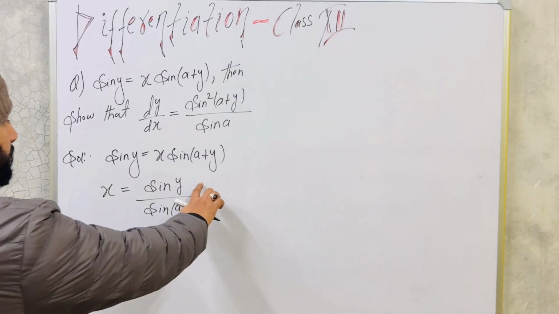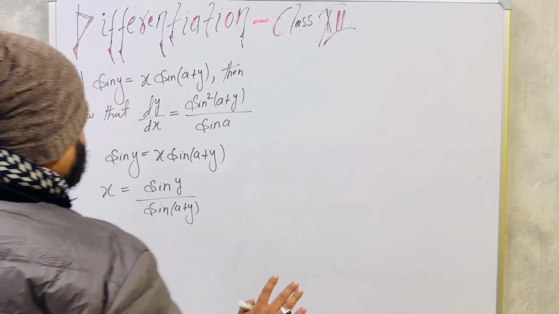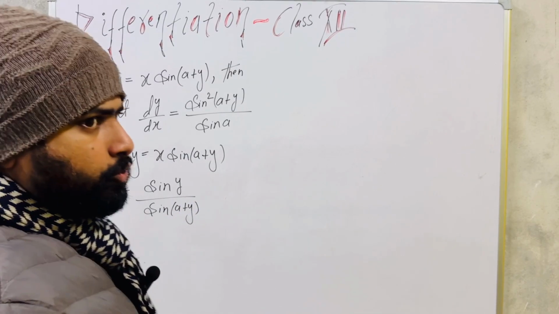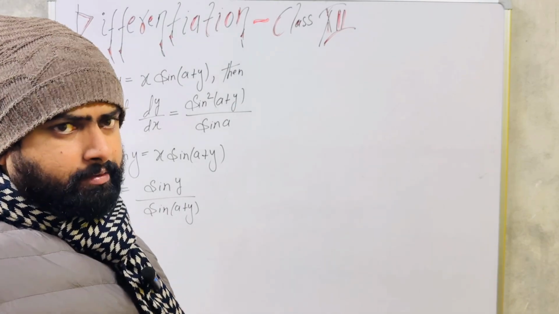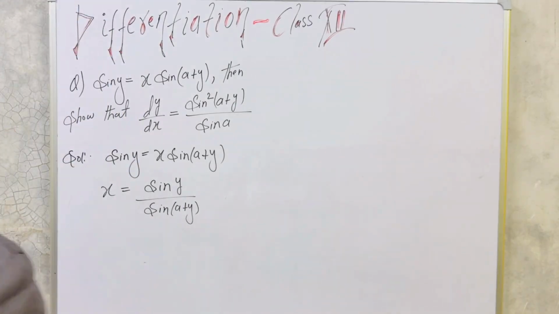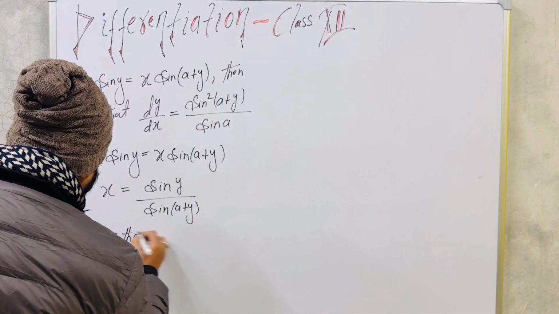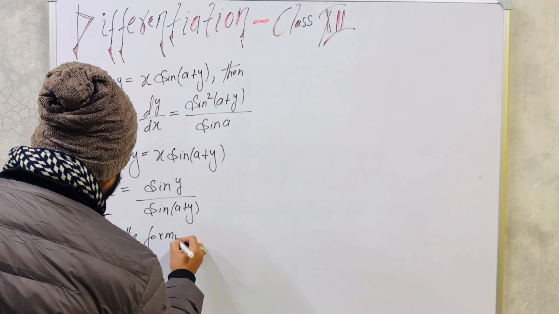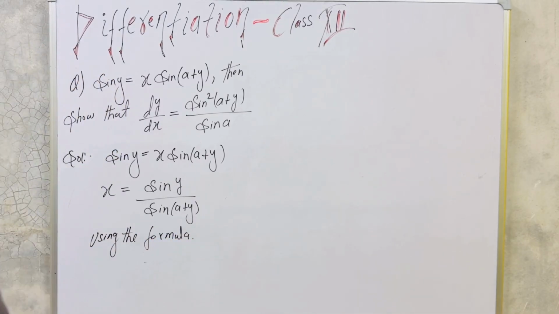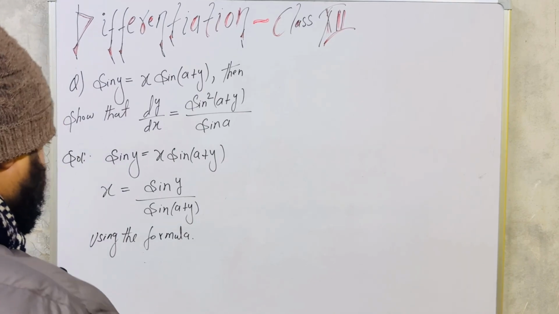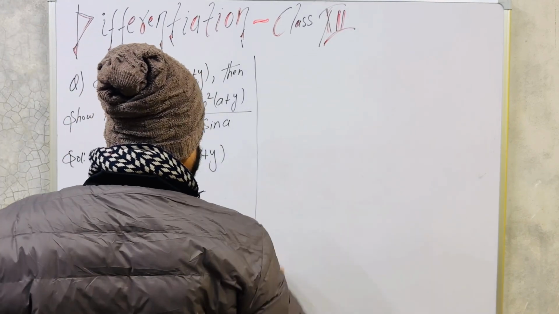Okay, this is the numerator and this is the denominator. We are using the identity for numerator upon denominator. Using the formula,